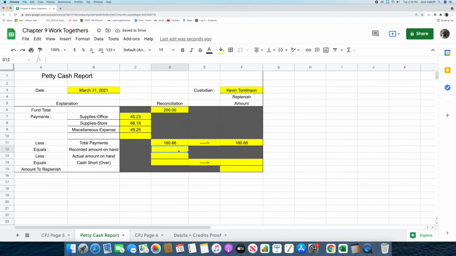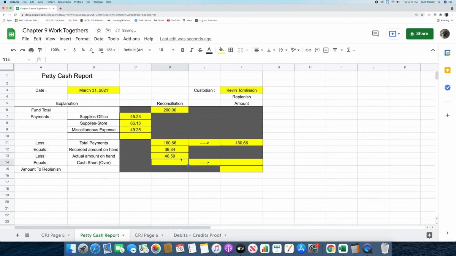The next thing that we're going to do is calculate the recorded amount on hand, and the way we do that is by taking the $200 and subtracting it from the $160.66. So we're going to type in equals, take the $200, subtract it from 160.66, and then press enter. And that gives us $39.34. The actual amount on hand is